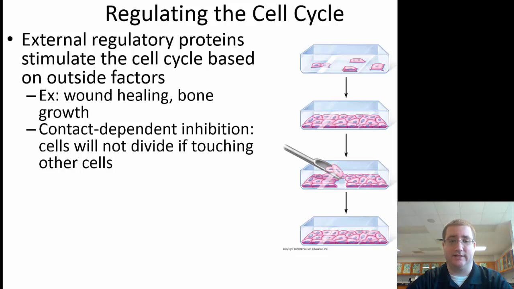Another impact is contact-dependent inhibition. It's really interesting. We really don't know all of the factors involved in this, but when cells interact with other cells and touch each other, they will no longer divide. As you can see in the picture on the right, all the cells form a single surface, one layer of cells. Cells do not like to grow on top of each other. So when they touch each other, they will not be able to divide anymore, and they'll create that single lawn, that single layer of cells.